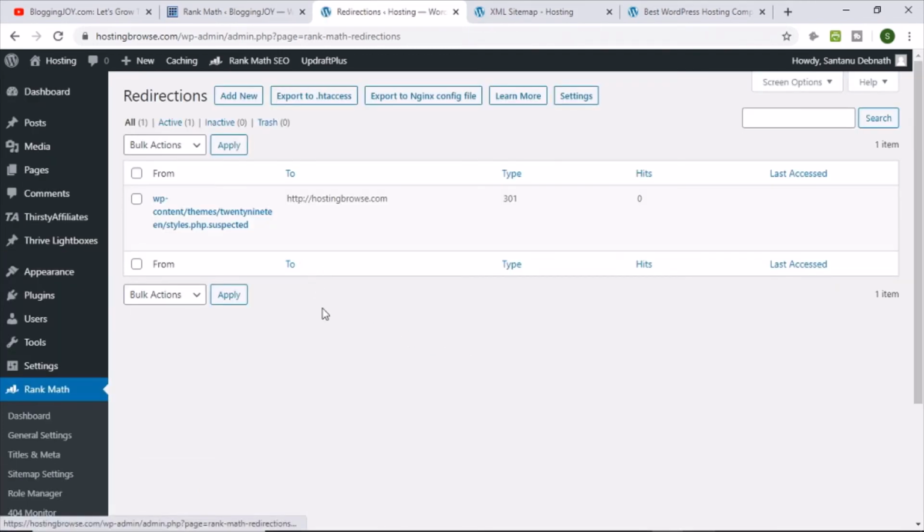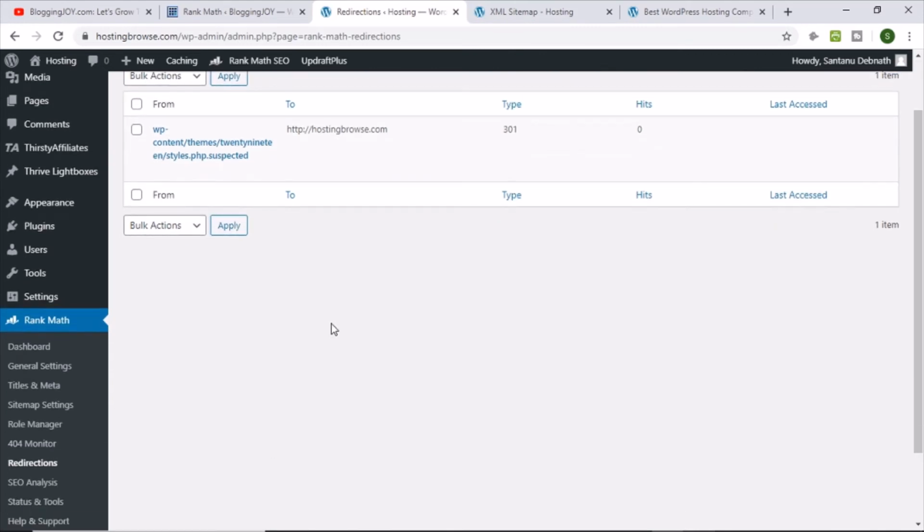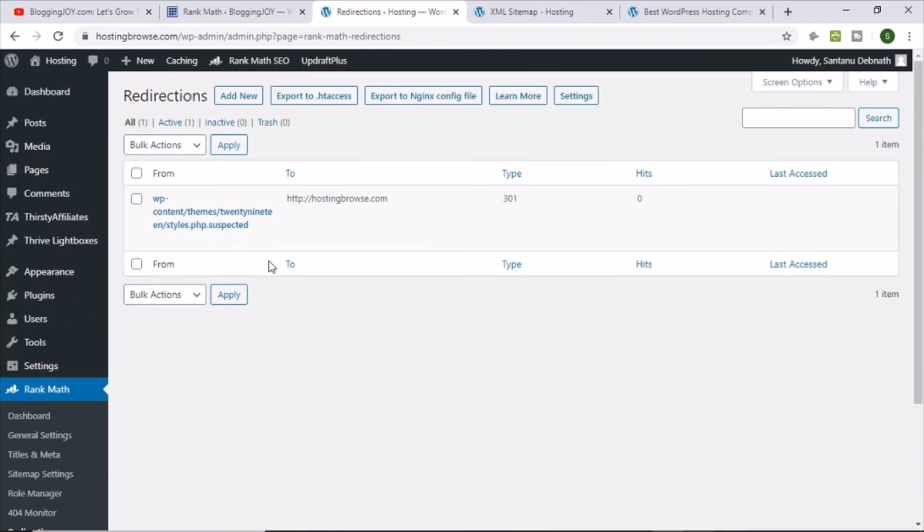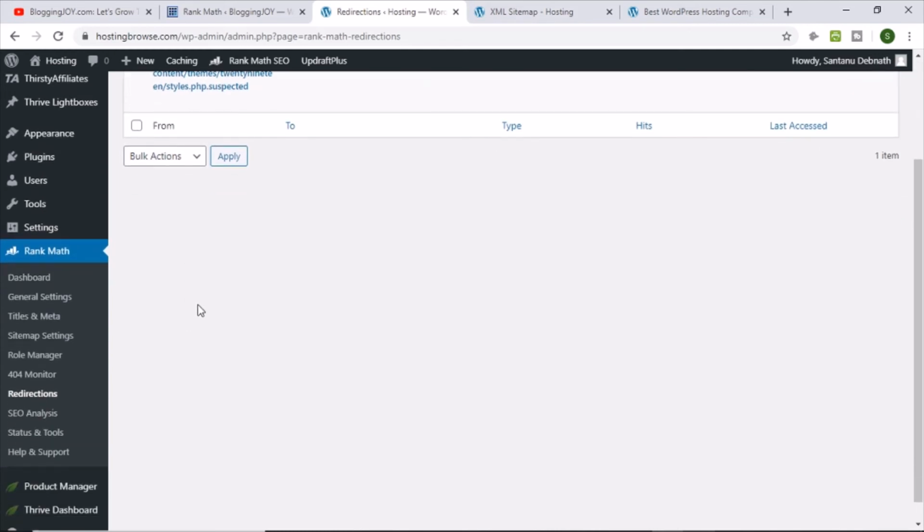So if you do not have RankMath SEO plugin, if you are using Yoast SEO plugin, for this feature you need to install an additional plugin. So next is redirection. So just now I showed you how we can use this redirection module. Whatever your 404 page not found pages are, you just come here and add those pages and create a valid redirection, so that all those orphan pages or invalid pages navigate to a right proper page.